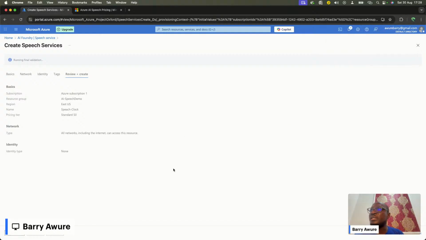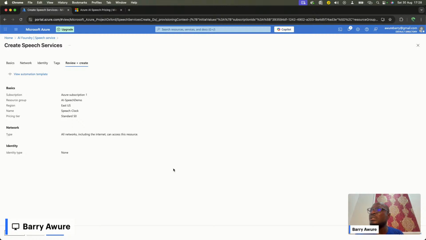So right now it's creating all the necessary infrastructure that will be required to carry out this service for me, right? It has checked all my configs to be sure that it's all okay. It's good. Now it's asking me to create. So now we can go ahead and create the necessary resources. That is on right now. It's still working out. It doesn't take time.